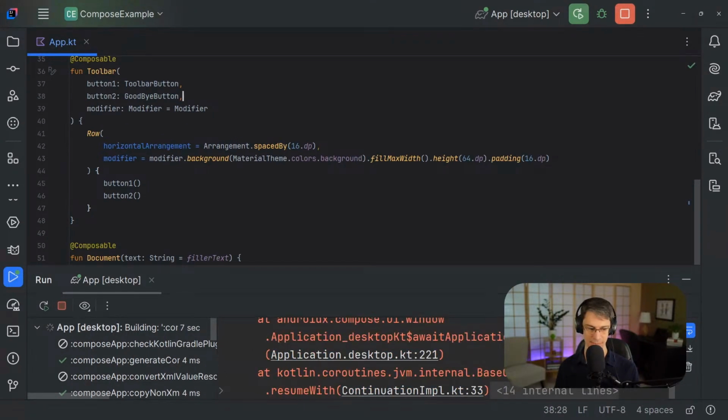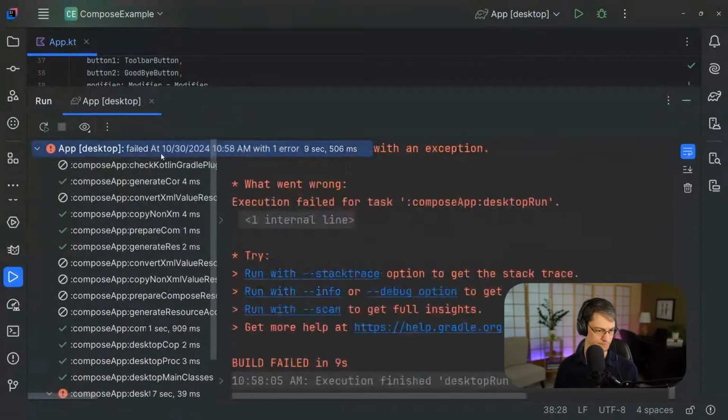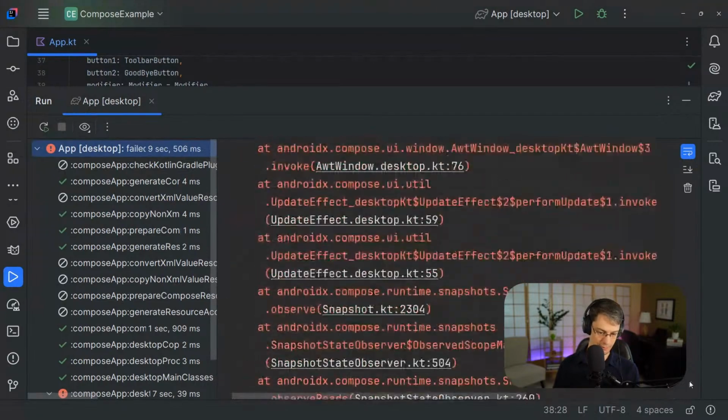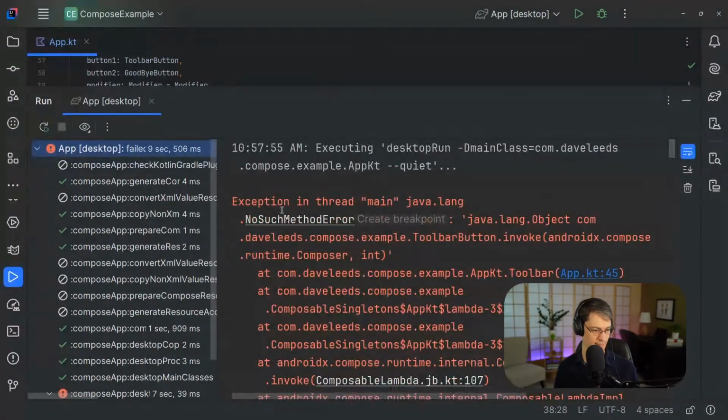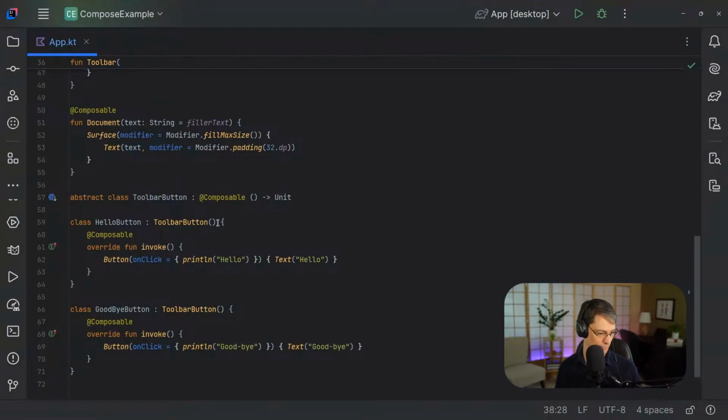And we get this exception at runtime. Let me pull this up so we can see it here. And the error is a NoSuchMethodError. So it's looking on that toolbar button class for invoke with the composer and an integer as parameter types. So I'm guessing that the compose compiler is trying to generate the overload for the version that's going to accept the composer. And so we can actually fix this by, for example, if I just grab this